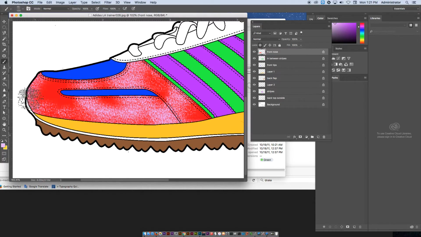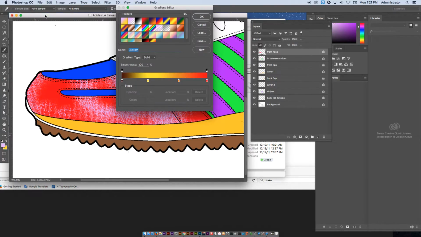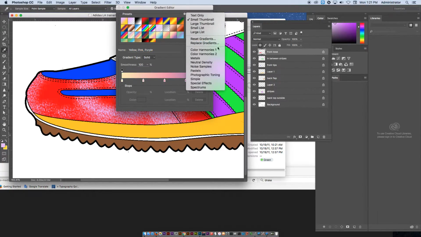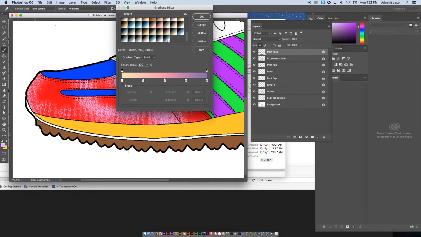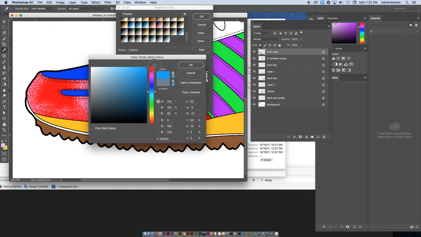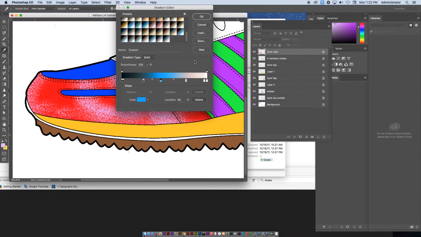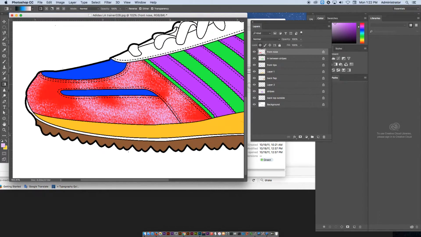Got that? Now, I could also go over to my gradient tool here. I can choose a gradient at the top. I can choose one of these preset ones, or go up to the top corner, select others, hit Append, and it adds those to the list. Or I can make my own by pulling back and forth, pulling down to make them disappear, clicking on the line, double clicking the color swatch, hitting OK, making my new one, hit OK, and then to apply it,